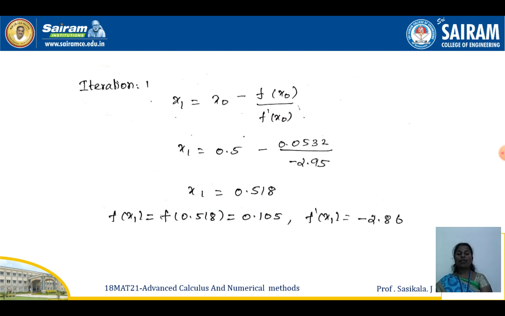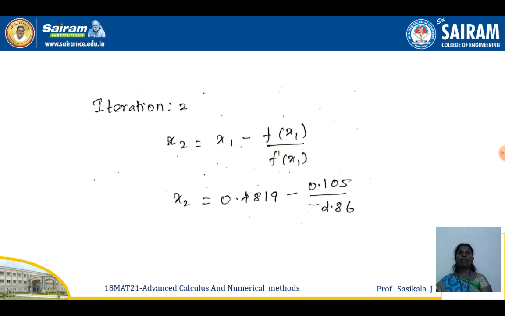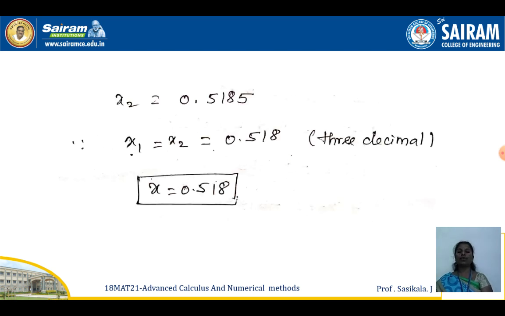What is that? F of x1, I have f of 0.518, you can calculate. I can get 0.105, and similarly your f dash of x1 will give minus 2.86. Replace your f of x function and f dash of x function for your xn value. Now you can go for your second iteration by using your x1 value. So substitute here in the formula x2 equal to x1 minus f of x1 by f dash of x1. I can get my x2. So let me see what is your value of x2. Yeah, x2 is